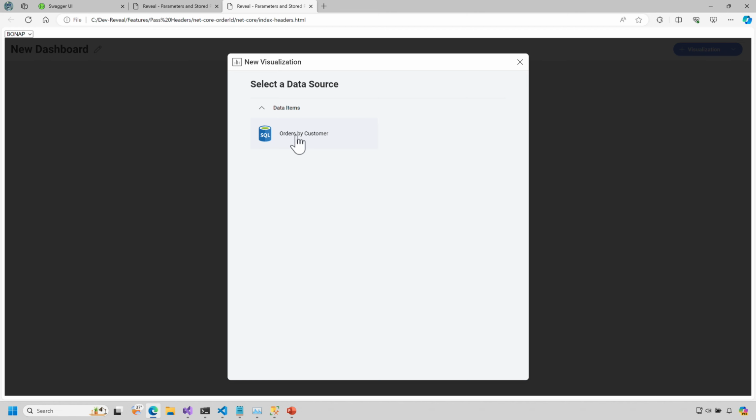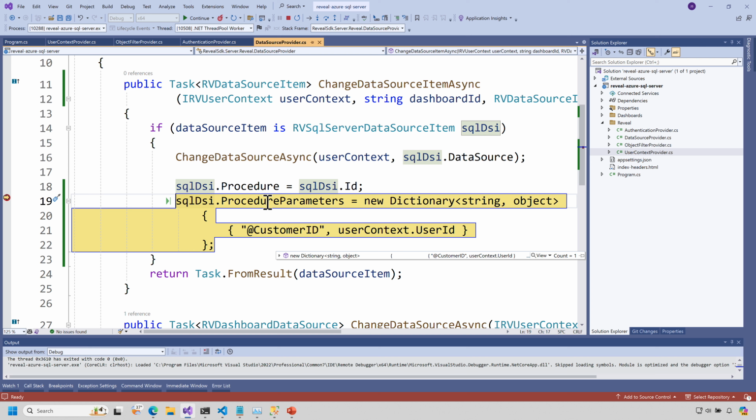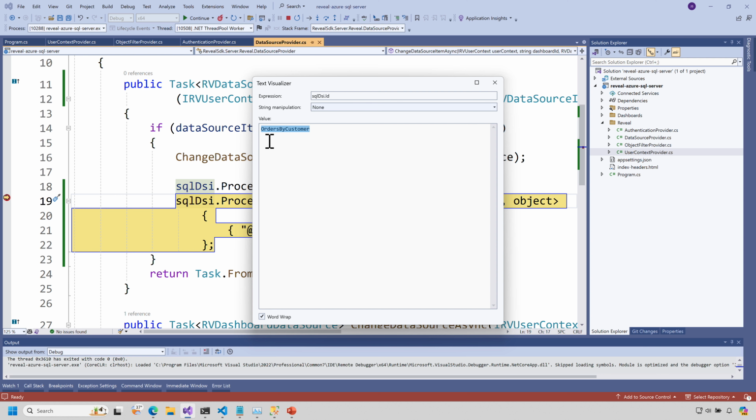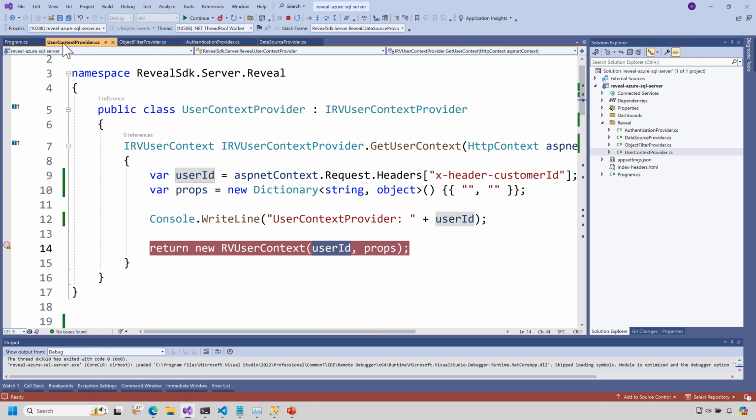Now I'm going to click orders by customer, and then boom, the first thing that happens is it's trying to determine what is orders by customer. In this case, orders by customer was a SQL Server. If we hover over, you can see that I've got my order by customer is the SQL DSI.ID coming in. And in fact, if we go to user context provider, let's set our breakpoint to right here,